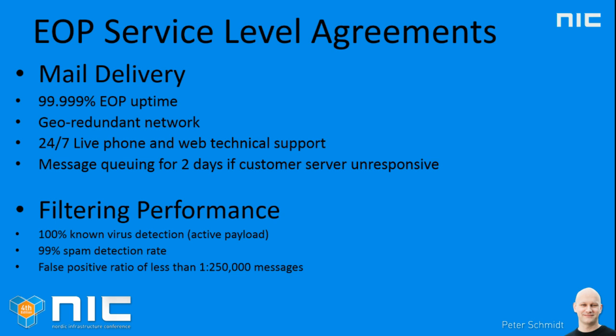And there is support for you as well. The primary support is through the web portal in Office 365, but there is also a phone number you can call depending on the license you have. Otherwise, you can hook up with partners who do Office 365 and they can certainly help you get on the way. In case your on-prem systems are down, EOP will queue your mail for 2 days. So that's also additional security for you so you're sure that your mail is not getting bounced back to whoever sent it to you.